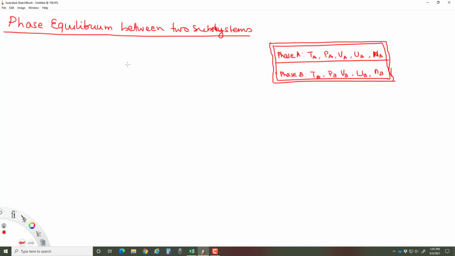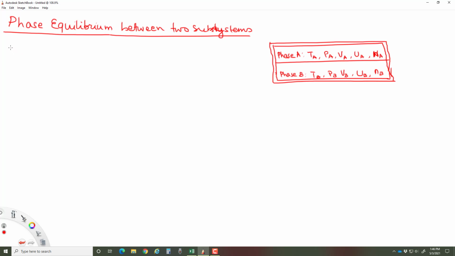So the different kinds of interactions are subjected to the following constraints. The constraints during the interaction between the two phases are